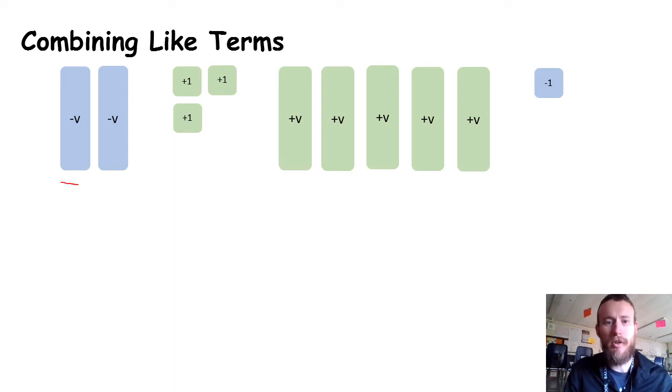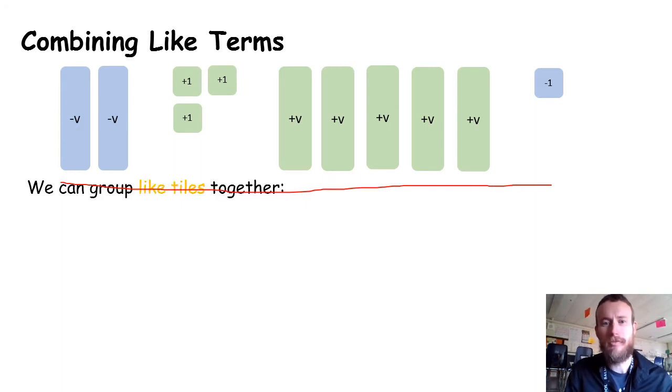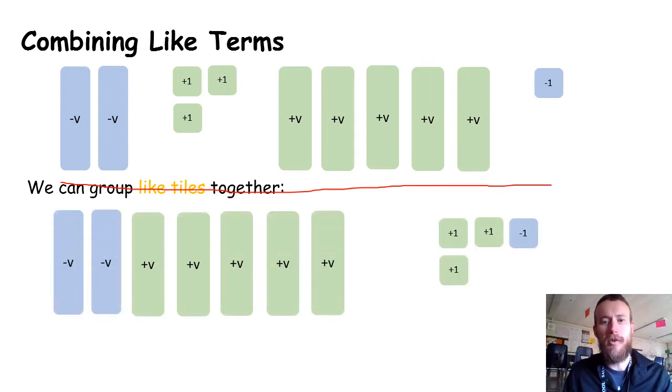So if we reorder these tiles and we just place them in different places, we can put same size tiles together, or in other words, same types of tiles together. So here we've put all of the v, the variable tiles, on the left, and we have negative 2, and then we have positive 5. And then on the right we have positive 3 and negative 1, and those are just constants, just 1, 2,